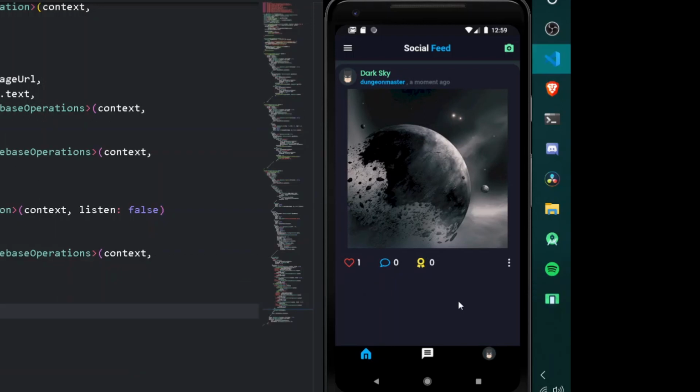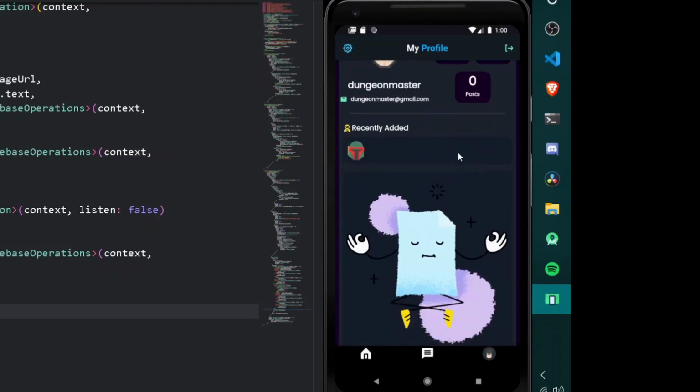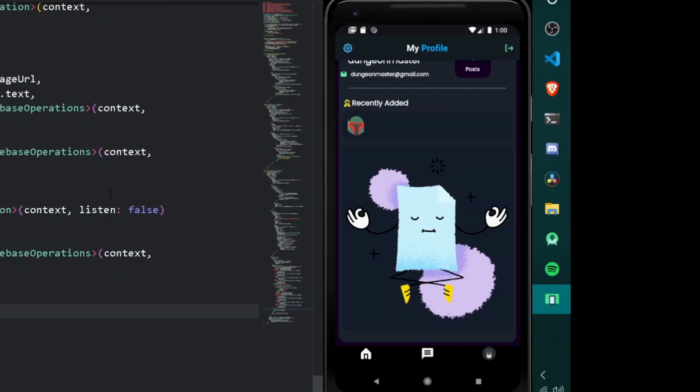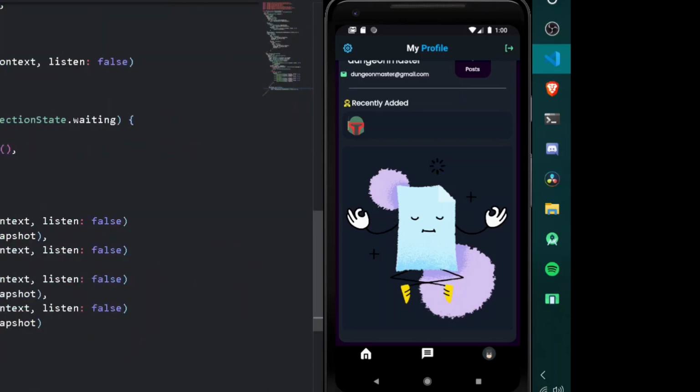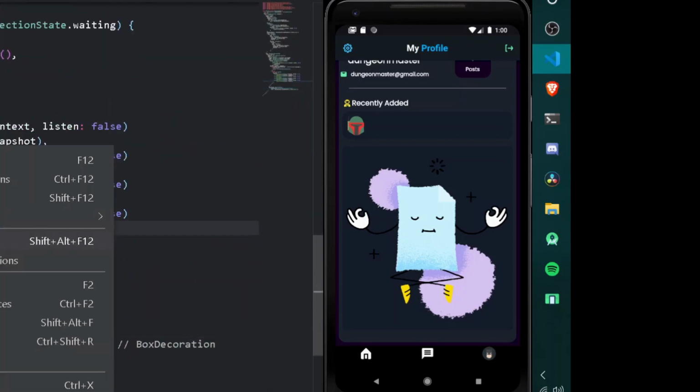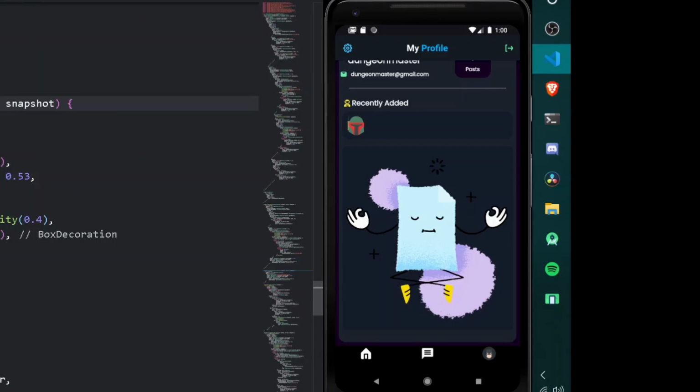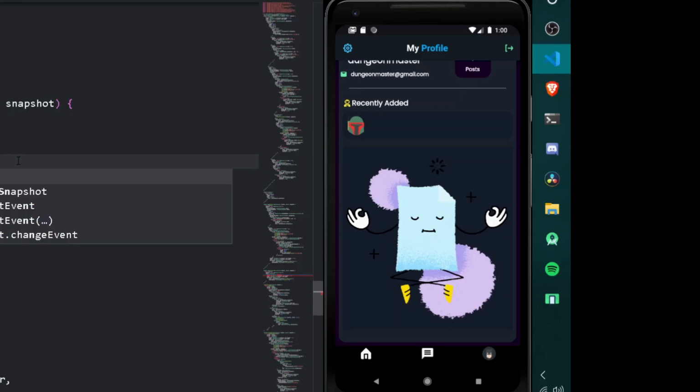So now once the following thing is done, let's fetch all the data from the users collection. So for that purpose we can go under the following user section, and here we have nothing but simply an empty sized box. So let's go under the profile, under the screens for particular profile. So here under profile we have our footer profile. So let's go to the following definition, and here under our footer profile we have a child to be an image asset. So we can remove it from here and have a stream builder. Let's have a type of a query snapshot.